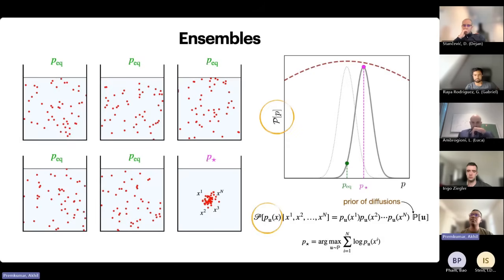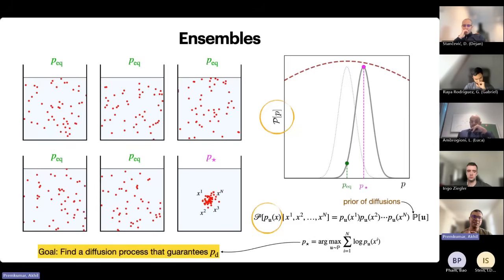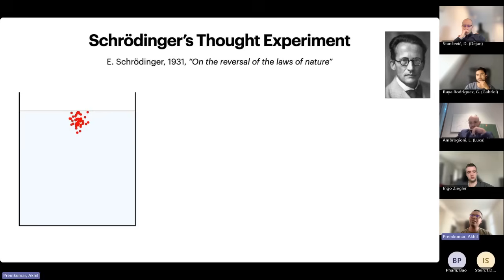All right. So the whole question is, how do we then choose this U, right? Because if you knew how to do that, then we can apply it to any P star. And in particular, I can apply it to the case where P star is the data distribution that I want. So I want to find a diffusion process that guarantees that PD is the outcome. All right. And to find a way to do this, we turn to this thought experiment by